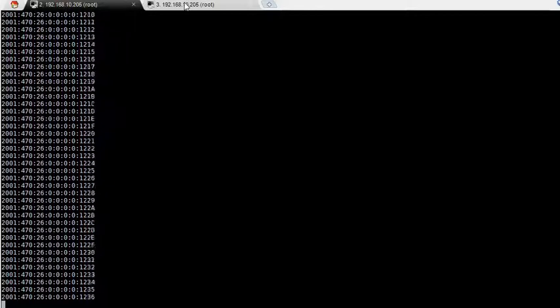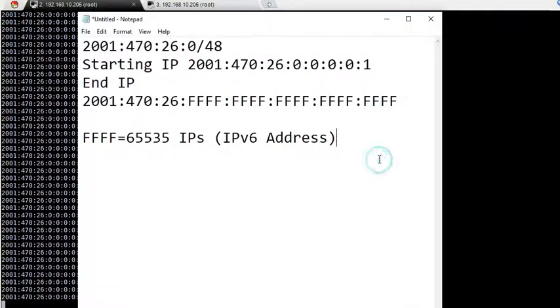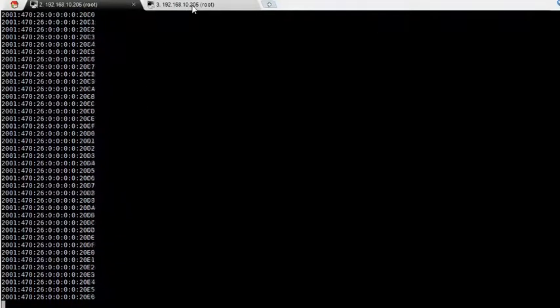Okay, you see it's going to go up to 27 something, right? Because that's the end point of this block. 10,000 is equal to 2717, I guess. It's the hexadecimal, right? So what we're going to do is, once it's done, we will then have to add the same IPs